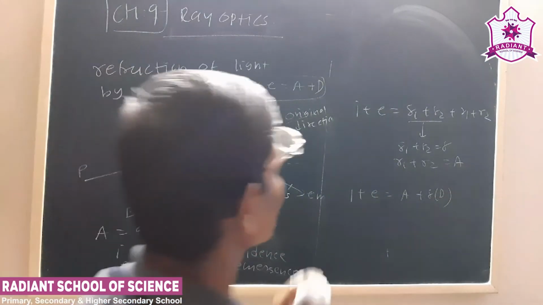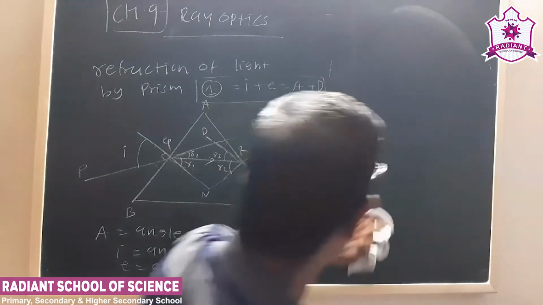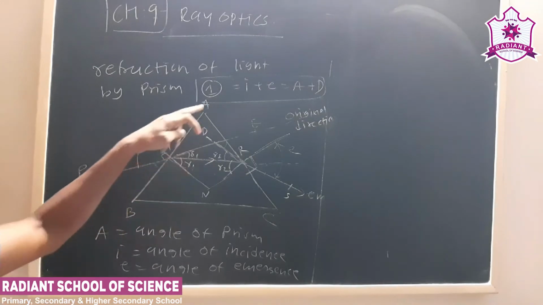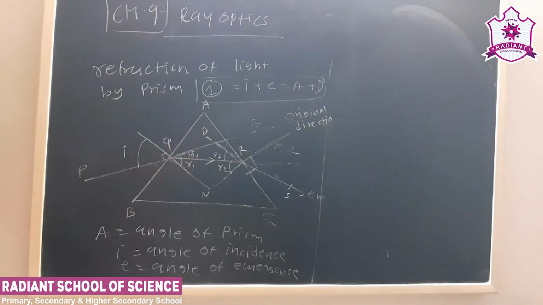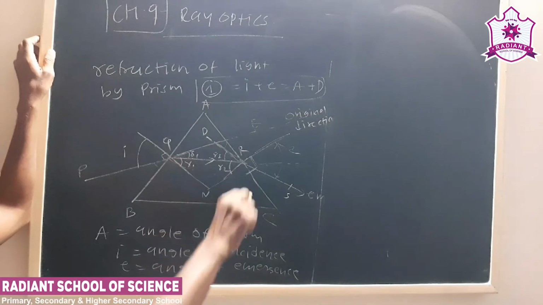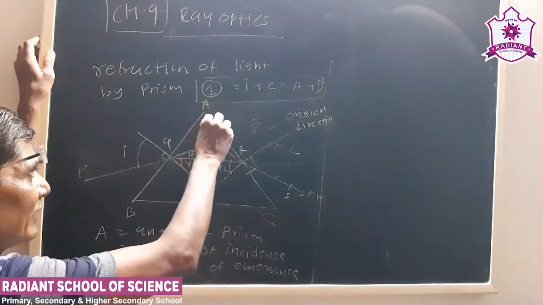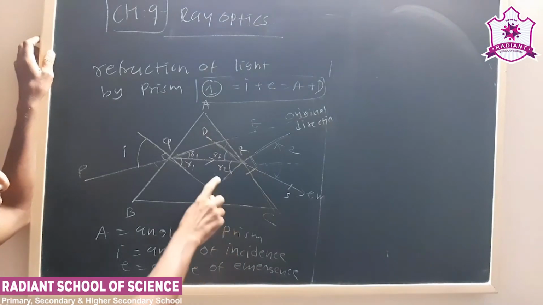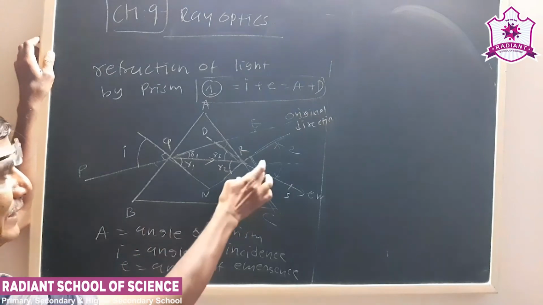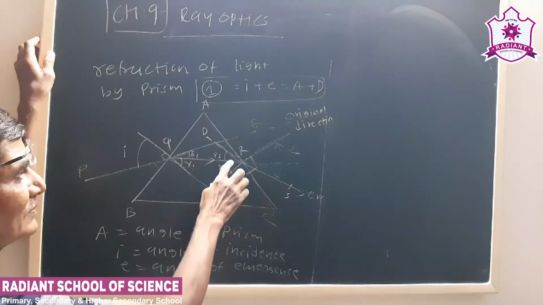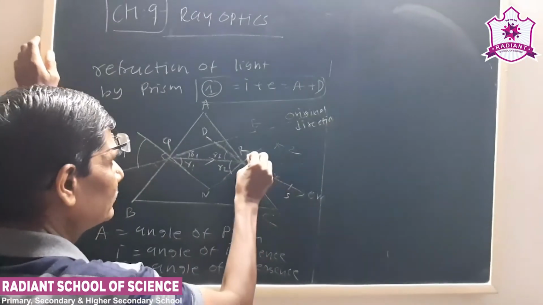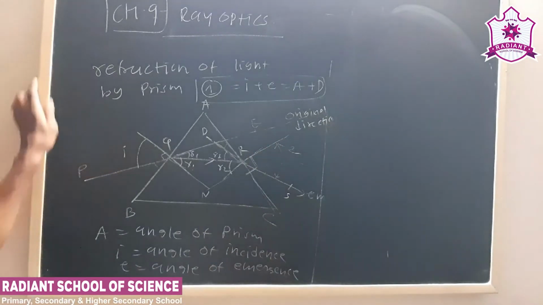So this is about the refraction of light by a prism. Here again PQ is the incident ray that makes angle I with the normal on surface AB. The angle of refraction is R1, and it is deviated by angle delta 1. QR will be in the same medium, so it will travel in a straight line. It will be refracted again on surface AC, and this will be the angle of refraction, R2. Traveling from a denser to a rarer medium, instead of going in a straight path, it will move away from the normal. So this E is the angle of emergence.